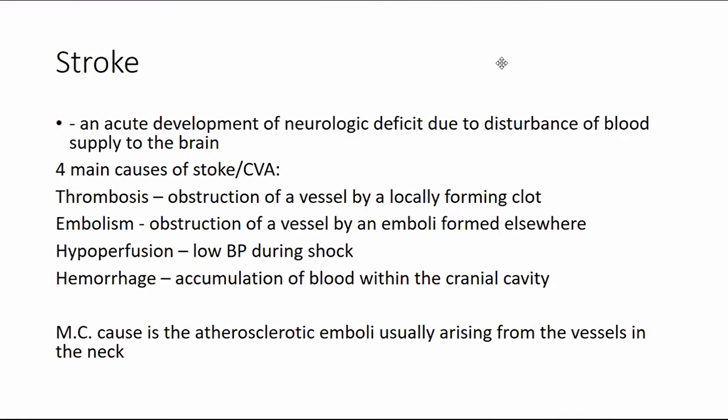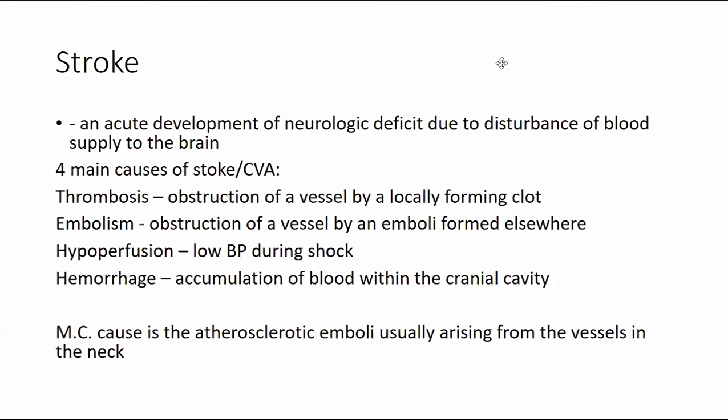obstruction of a vessel by a locally forming clot, or a clot that forms within the cerebral vessels. Next is embolism, due to obstruction of a vessel by an embolus formed elsewhere, from the heart or from the leg, that goes up to the cerebral arteries. Next is hypoperfusion, during shock or acute blood loss, where you have a low BP and your brain is hypoperfused. And finally, hemorrhage due to accumulation of blood within the cranial cavity, such as